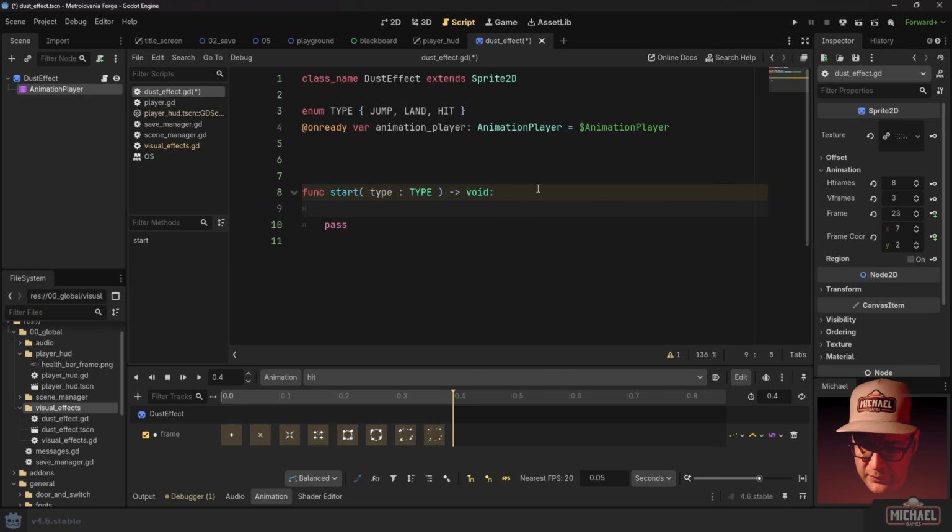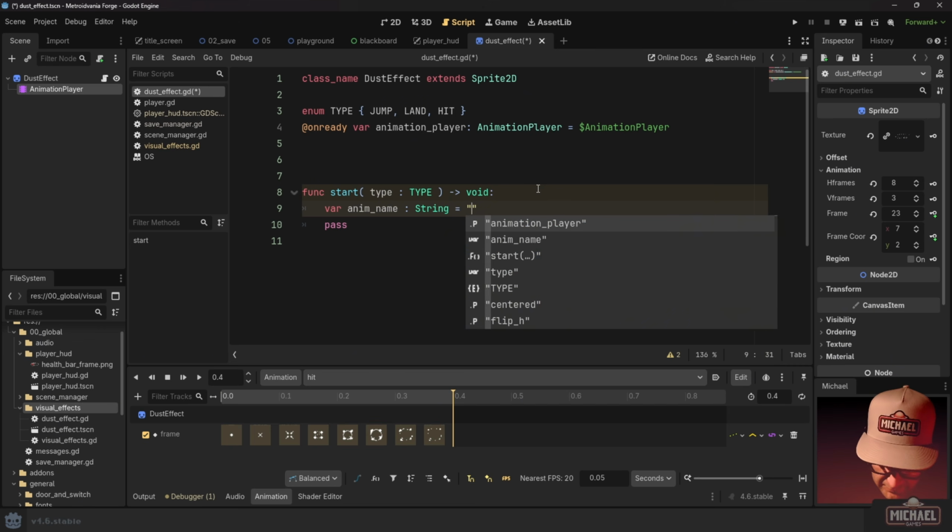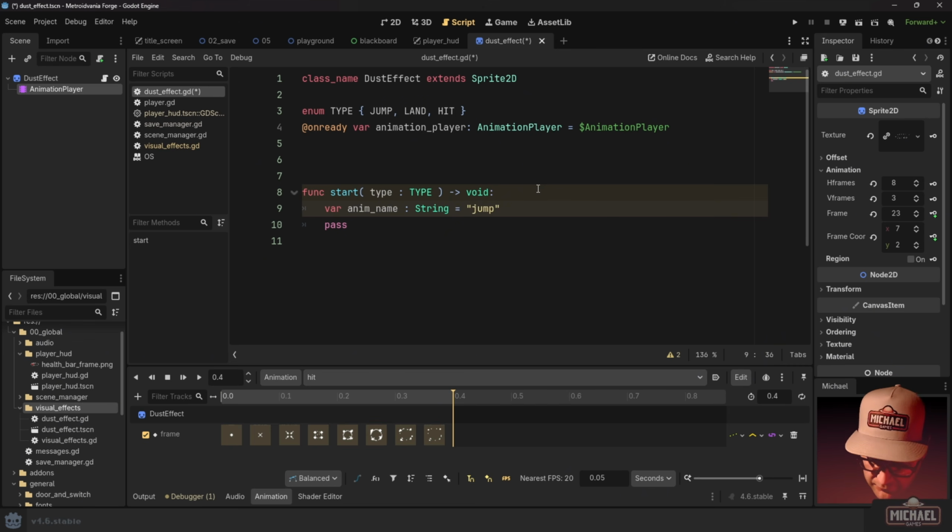So here's what I'm going to do. I'm going to start by setting an animation name, just a string, anim_name. And I'm going to set it equal to jump by default. And then we'll do a match statement against our types here and adjust the animation name. And then when we're done, we can just play it back, right? So let's go here and just say match type. Now, if it is